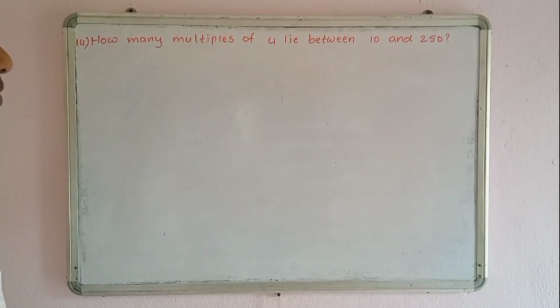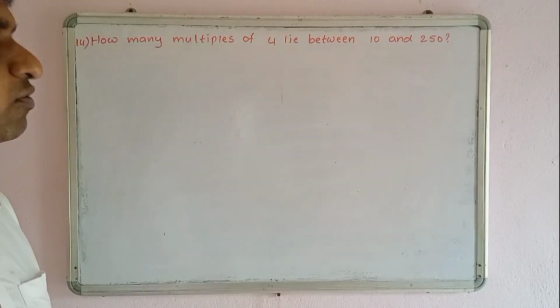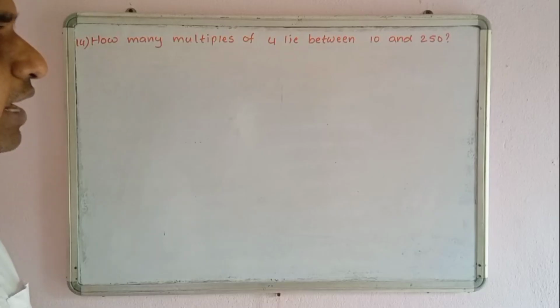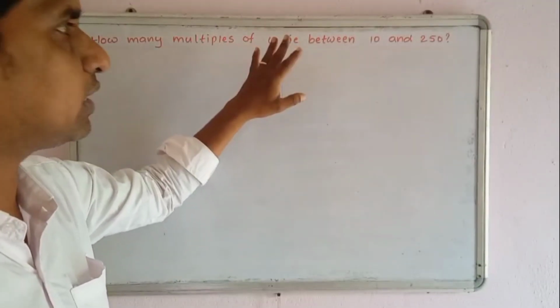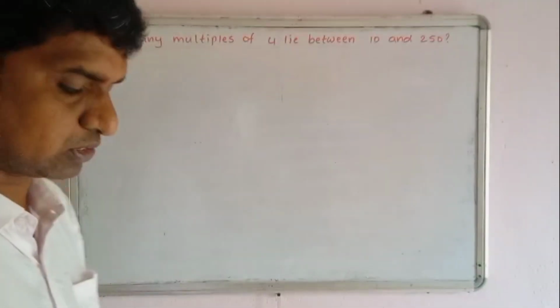Problem 14. How many multiples of 4 lie between 10 and 250? Okay. 10 కి 250 కి మధ్యలో ఎన్ని నంబర్స్ 4 మల్టిపుల్స్ ఉంటాయి? ఎన్ని 4 మల్టిపుల్స్ ఉంటాయి 10 కి 250 కి మధ్యలో? సో